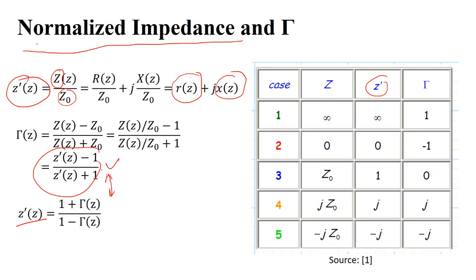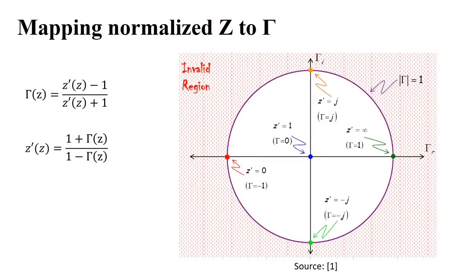For the reactive component, if you divide by Z naught, in the special case where it is purely reactive and its value equals Z naught, it will be J. And if you find the reflection coefficient, you will also get this J here. They have used J instead of I. I have taken this table from this source, you can see in the references. So it will have the pi by 2 phase. Sorry, it will have a J is pi by 2 and minus J is minus pi by 2 and so on. You can see this one.